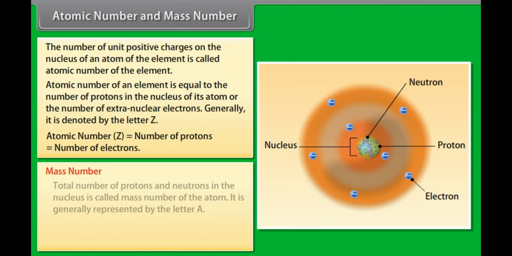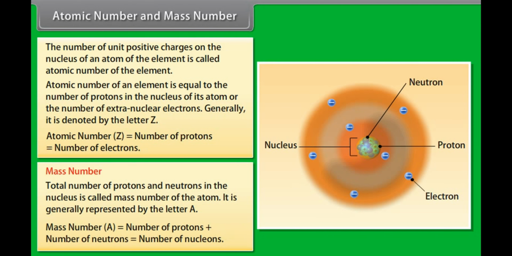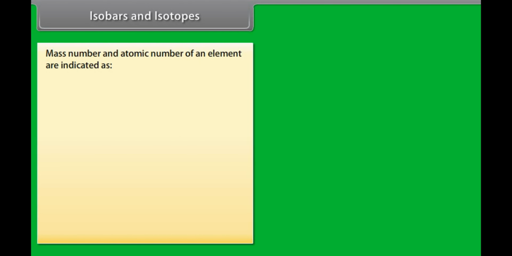Mass number. Total number of protons and neutrons in the nucleus is called mass number of the atom. It is generally represented by the letter A. Mass number A is equal to number of protons plus number of neutrons is equal to number of nucleons. Isobars and isotopes. Mass number and atomic number of an element are indicated as